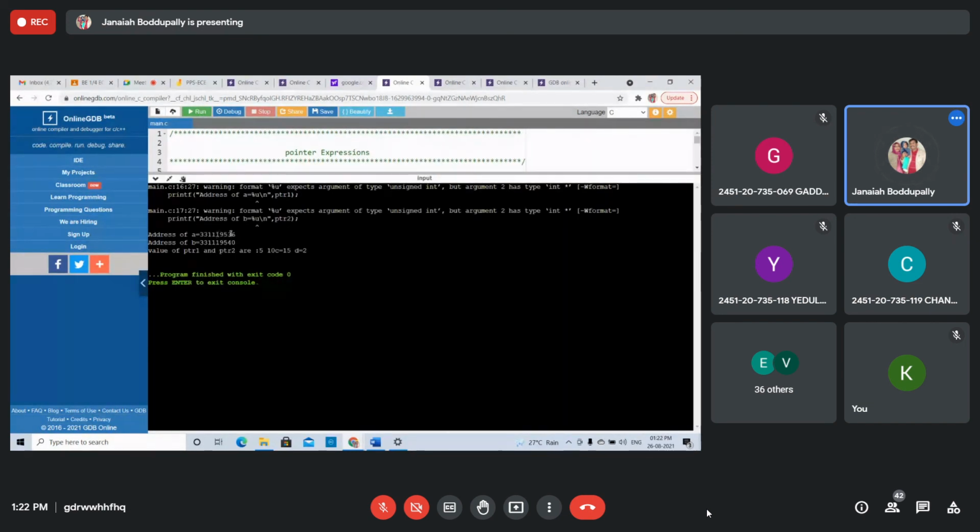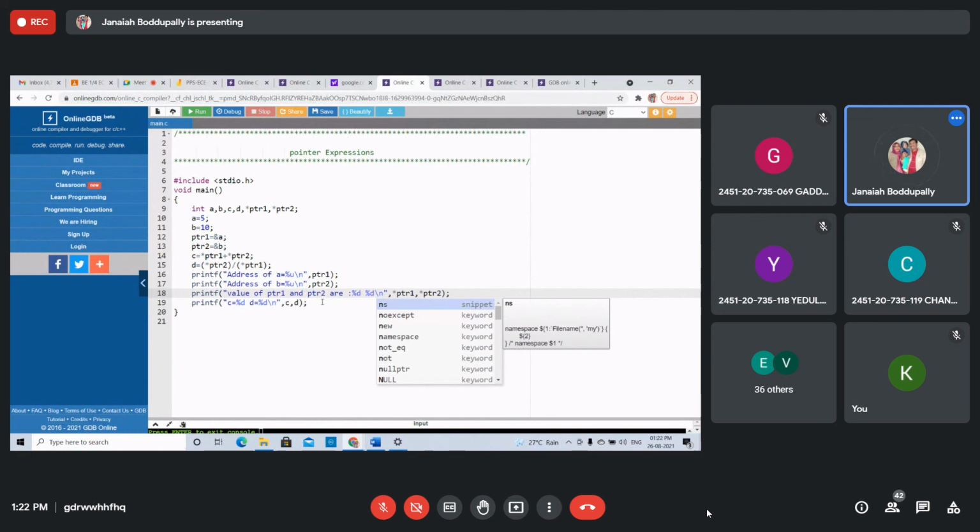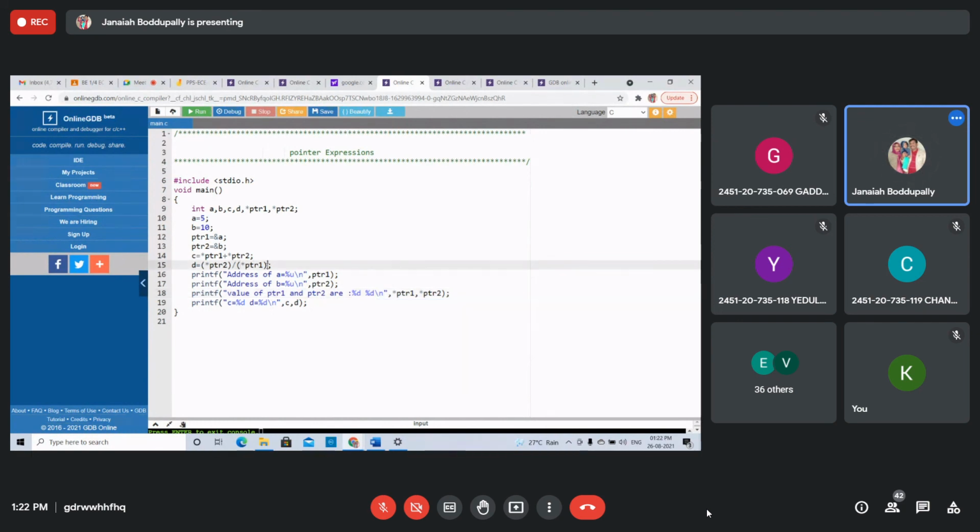Yes. Address of A, address of B, values 15, 10, 2. C equal to 15, A and B values 5, and I will show this. All four printf statements. You write printf backslash n, C, D. Star 7 also you can take.